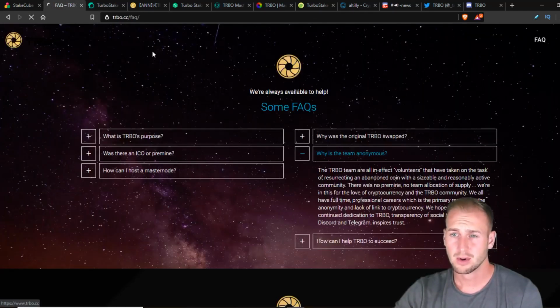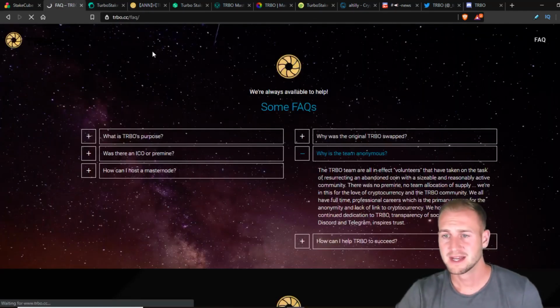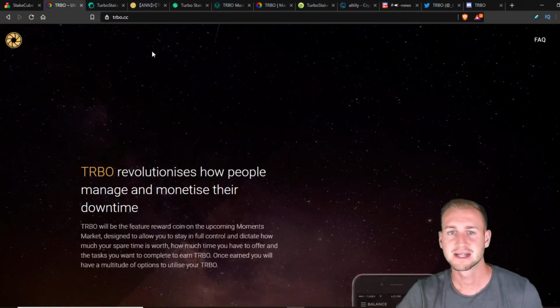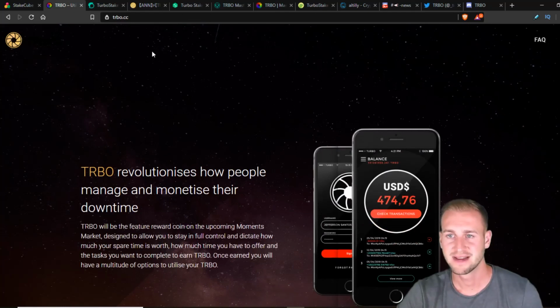So all in all, what am I thinking about this? This isn't a coin that's going to make you rich. It's not a masternode with a huge ROI. It's 170%. But it has some good positive future developments coming. It's run by a community-led team, not scam artists, which is a nice positive sign. I know quite a lot of people who are involved in this, and it's good to be involved with community projects sometimes, something that's going to give you